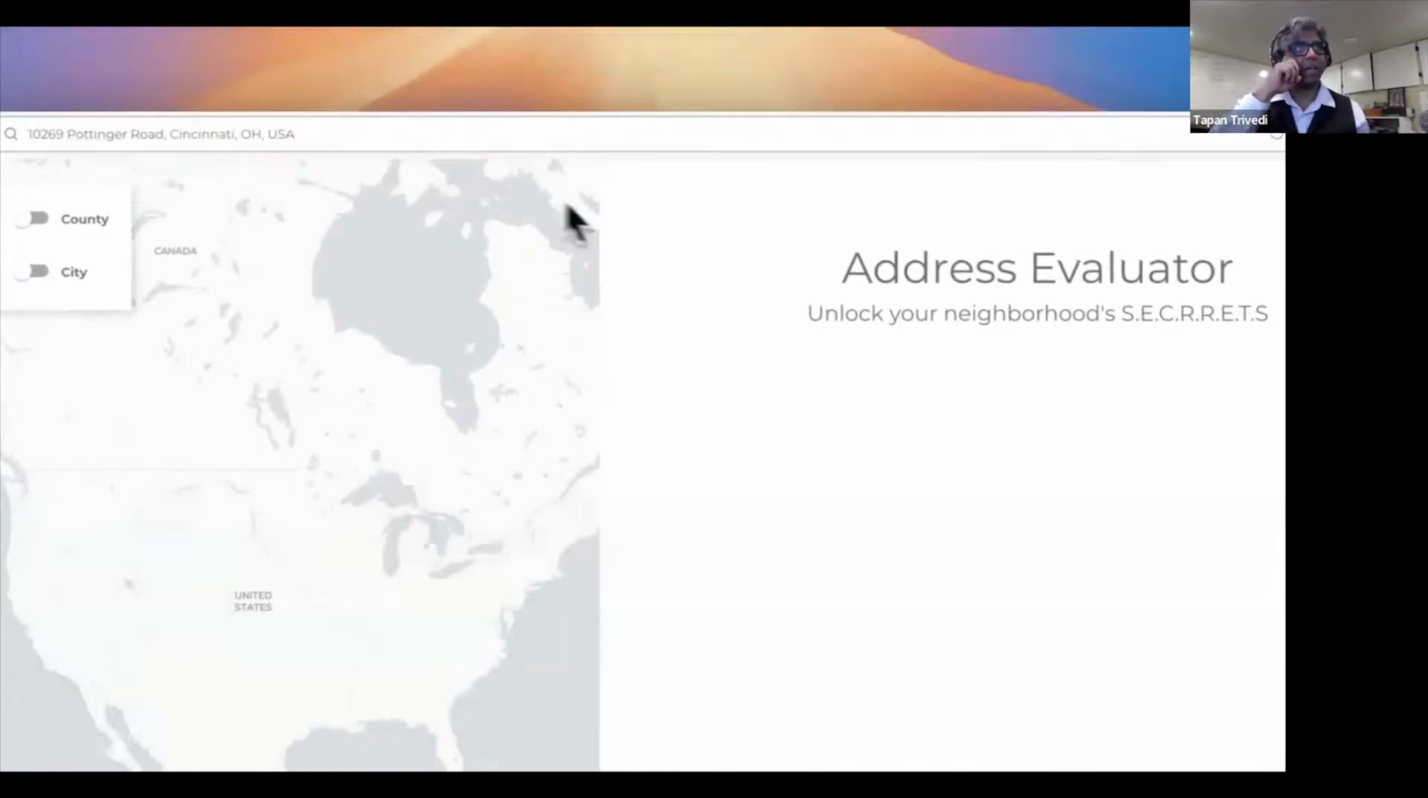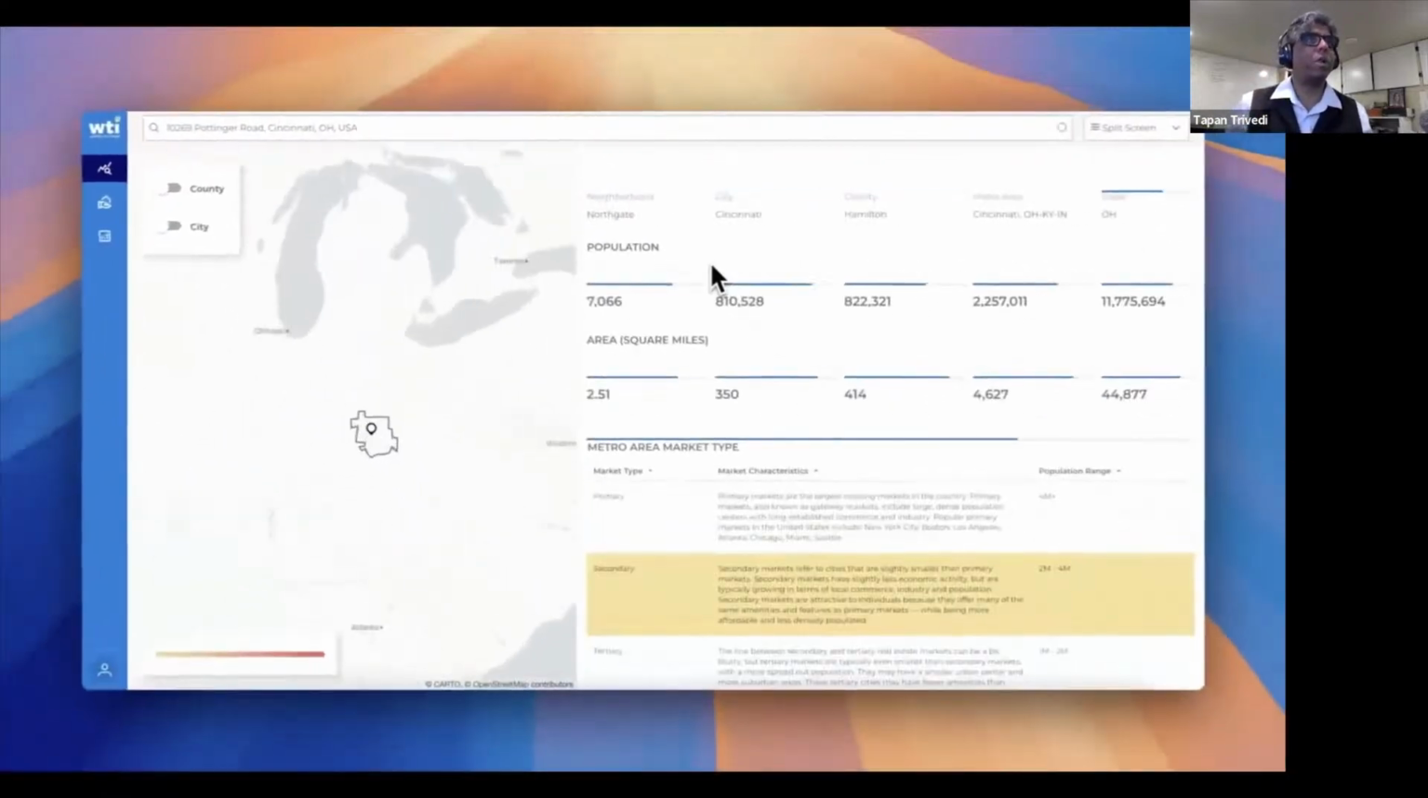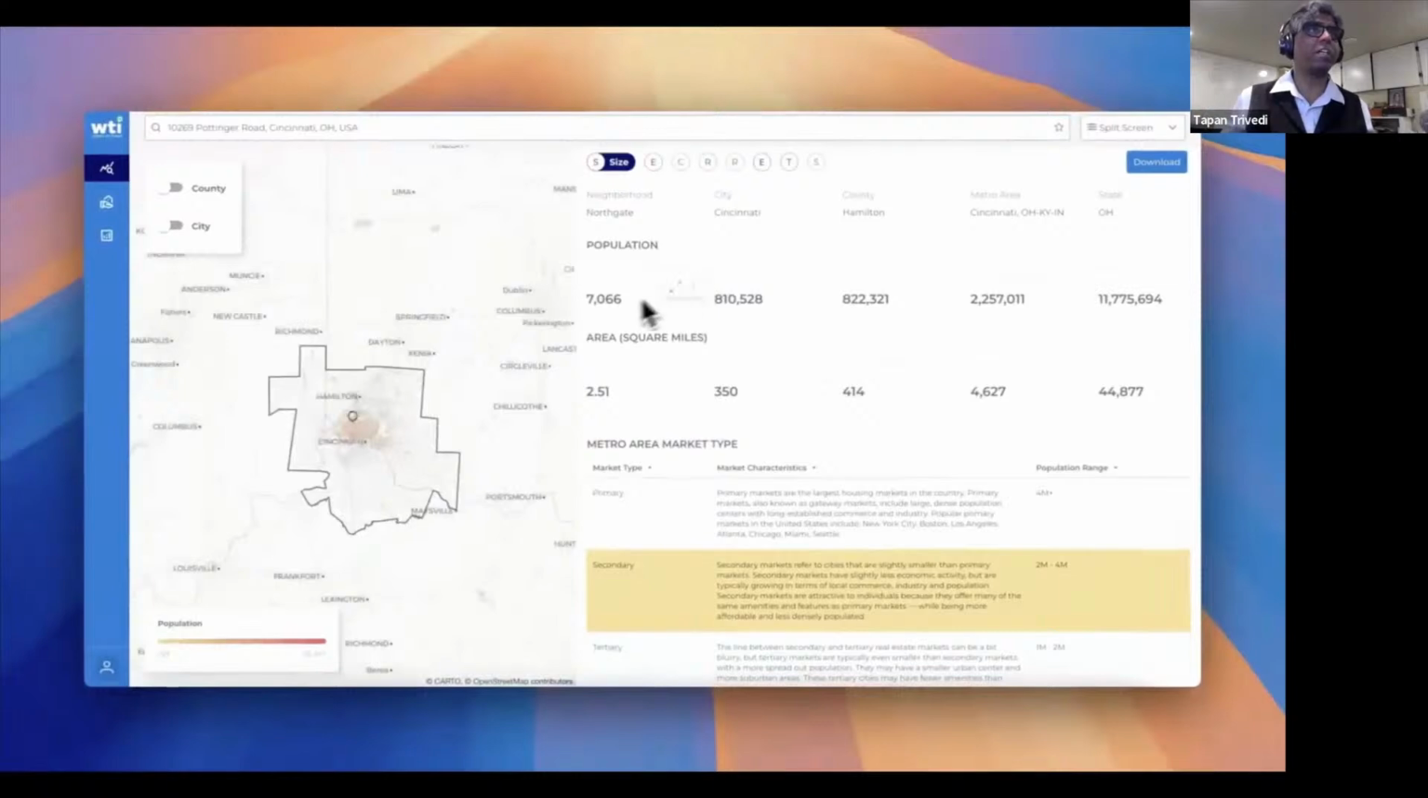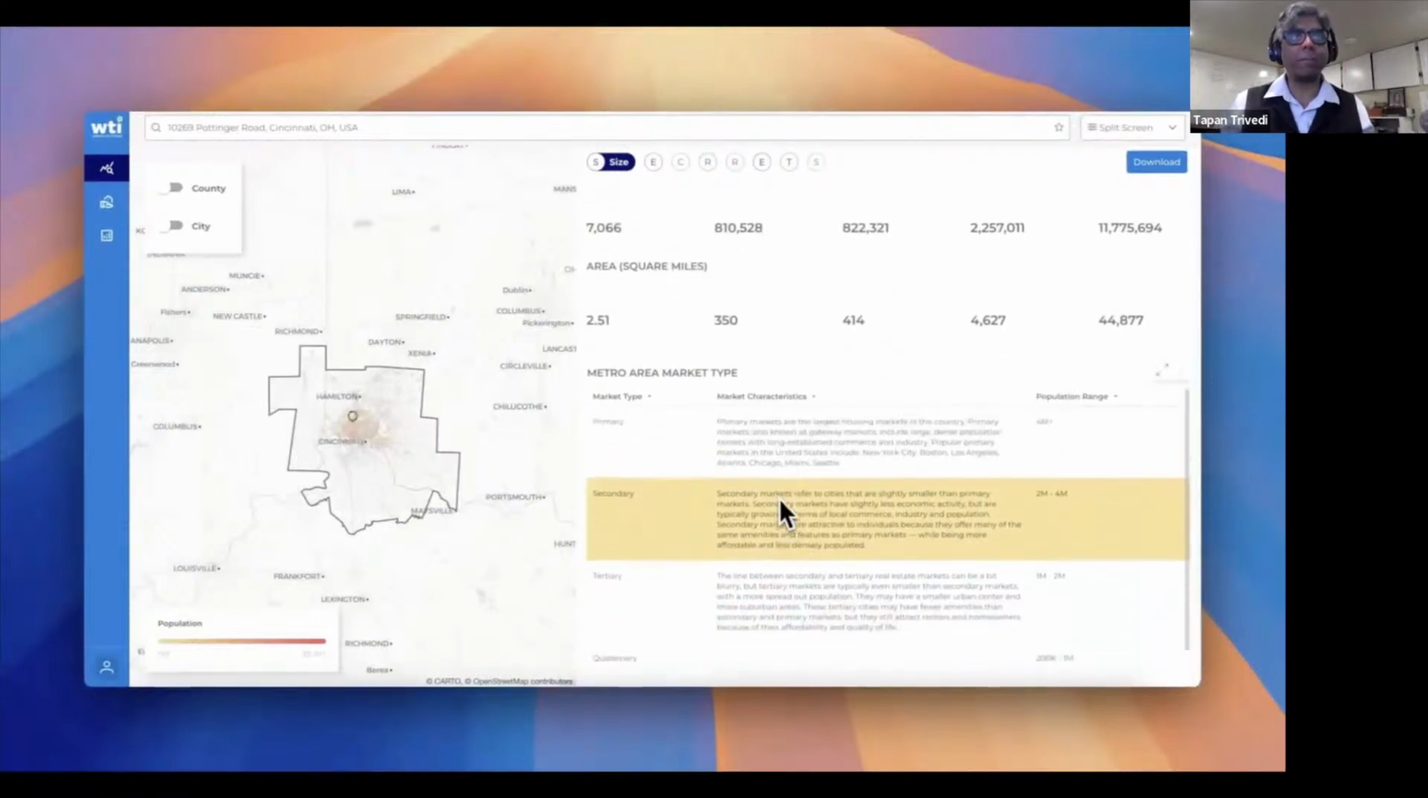So we are using the address evaluator tool, and you just drop in an address of any of the 160 million addresses in the USA. Now we have the size screen, and we just want to make sure that it's big enough. It's a secondary metro area, which is perfect. Next,